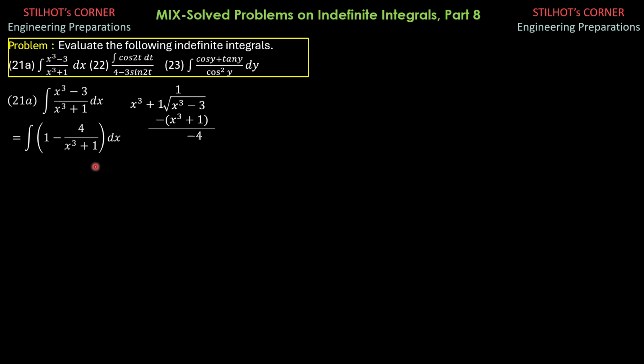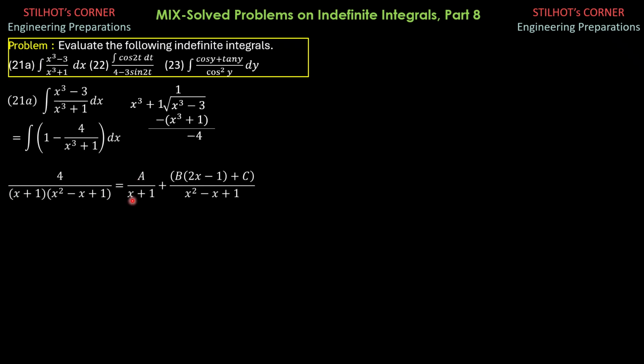We then focus on this second term. We have to transform this into partial fractions. So 4 over quantity, this is a sum of 2 cubes, so x plus 1 quantity x squared minus x plus 1, that's the factored form, equals